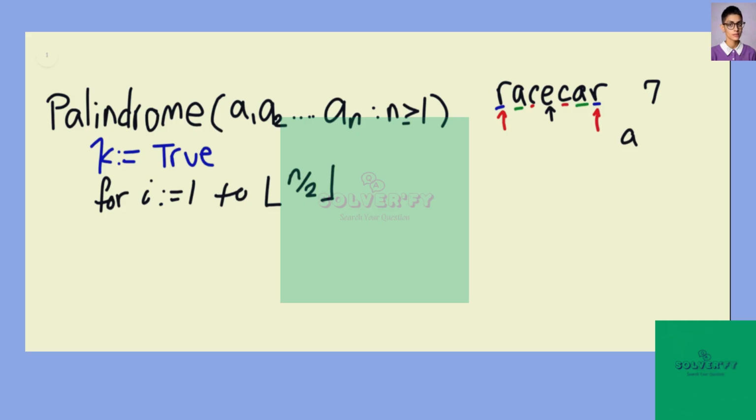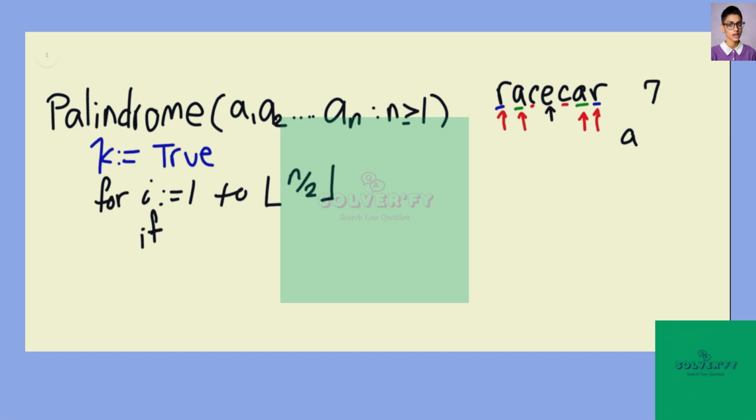So is R equal to R, is symbol 2 equal to symbol 6, and so on. Okay, so we write that. So for the index just up to the halfway point, although not including the middle number,